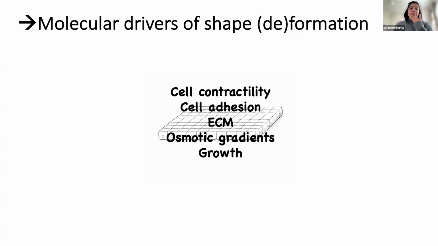And here's a list. It's not an exhaustive list, so if I missed your favorite molecular effector, I apologize. But I think these are some of the key drivers of tissue remodeling. Cell contractility generated by filamentous actin bound with motor proteins like non-muscle myosin or muscle myosin. You can have adhesion either between cells or between cells and the underlying substrate, the extracellular matrix. The composition of the matrix itself can sometimes drive